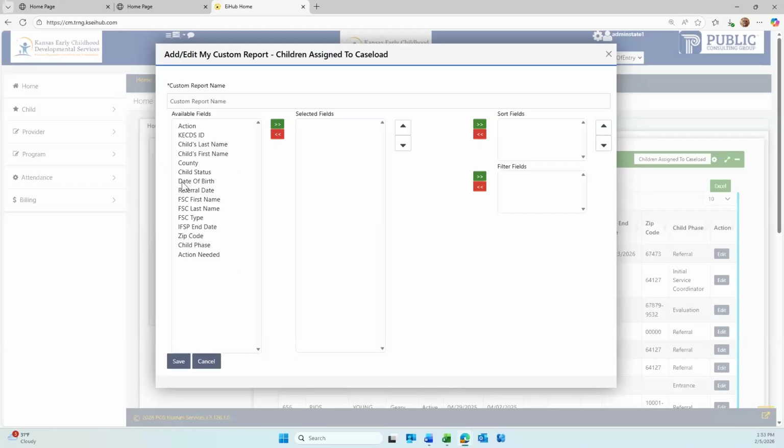And I can select, I want my child's last name. I want their first name. Last name, select the green box to move them over. I want their first name, select the green box to move them over. I want the county, select the green box to move them over. I want their IFSP end date, so I'm going to move that. You know what? I don't think I want the county. So I can select that county and the red box, and it will move it back and take it out